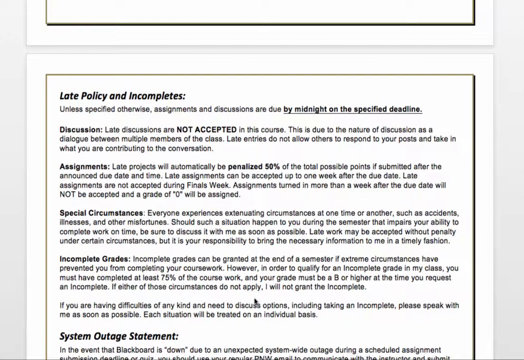But if you just spaced an assignment, then expect to lose a few points on that. But still do make the point to turn it in, because as you can see in this class, there really aren't that many points available. So every little bit helps. You don't want to completely lose out on some of your work, because otherwise that could really impact your grade.